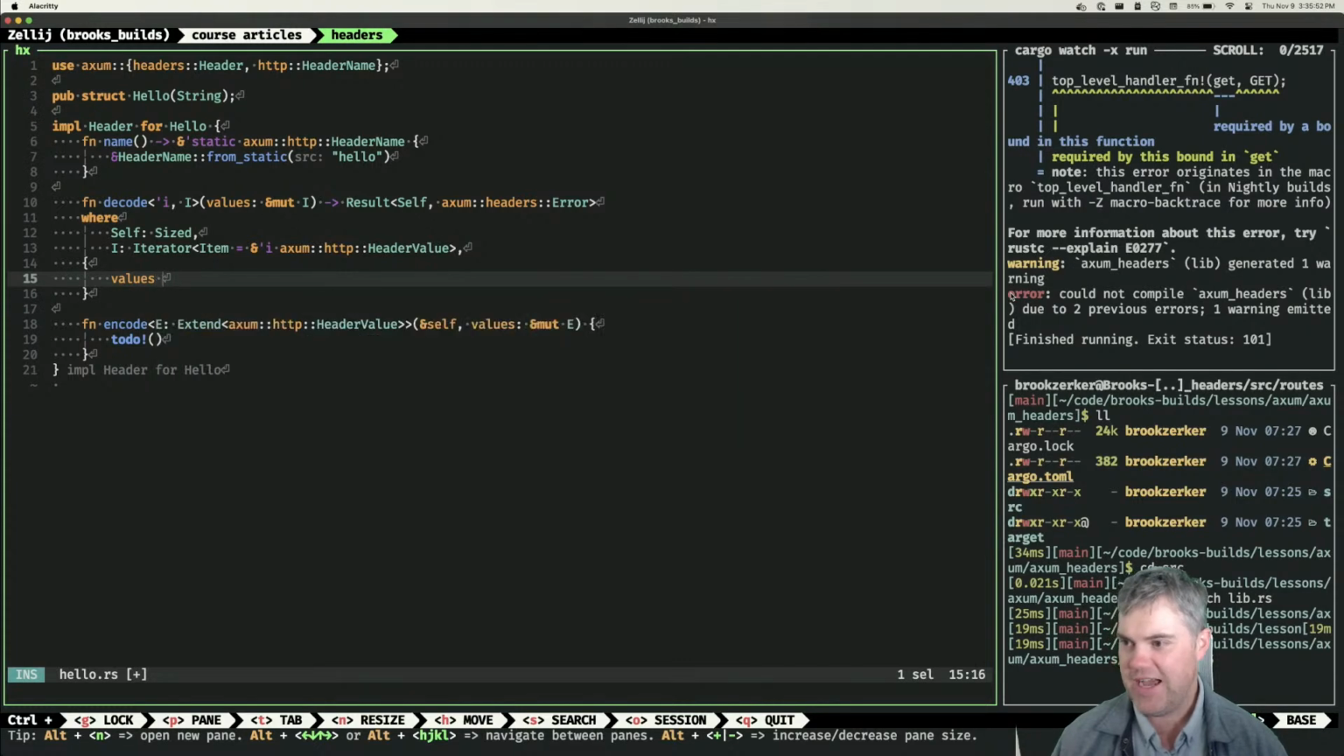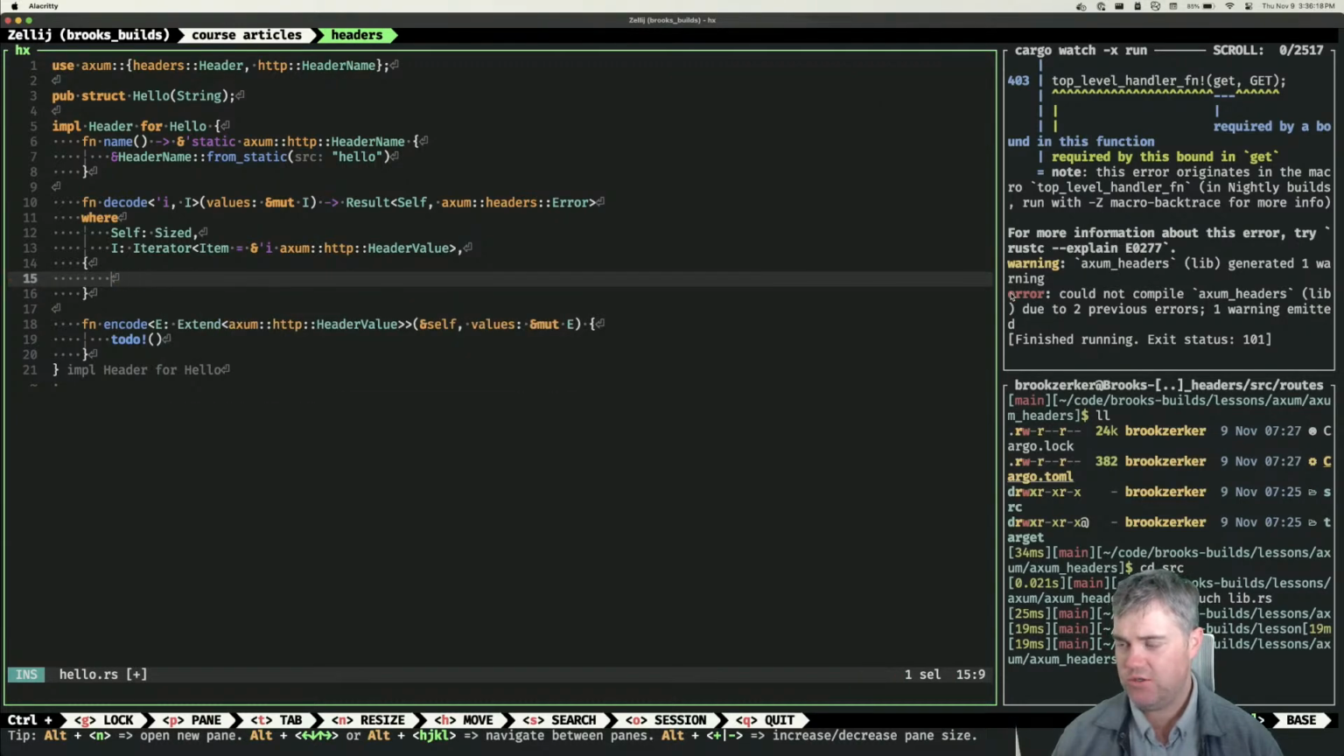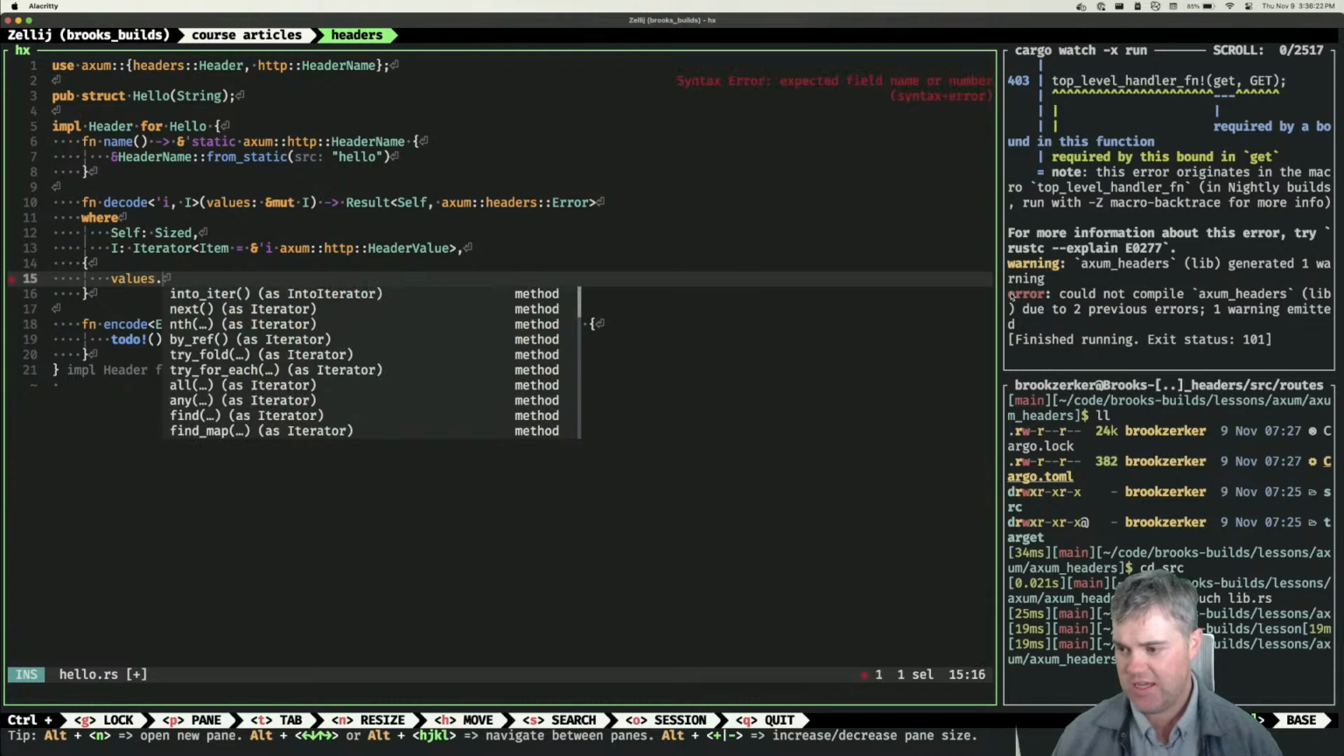Great, you're an I. Because I don't know what you are. All I know is that you are a header value of some kind. I don't know which one you are. I assume that there's just one of you. It returns a result of self. So can I just do values dot